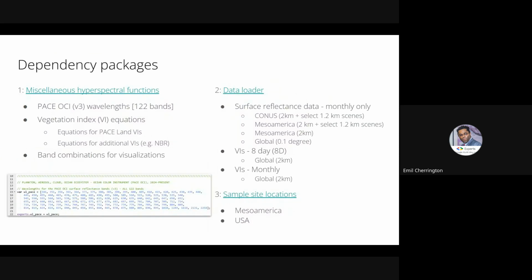And also, just to give you a little bit of background as to what's there, I'd encourage you, of course, to check out the overall GEE repository. One of the things you'll be able to see is that there are dependency packages that facilitate this work, such as one that loads in different hyperspectral functions, loads in the different wavelengths for PACE OCI, the wavelengths also for EO-1 Hyperion, also for EMIT, also for Tanager for the open data that recently became available,